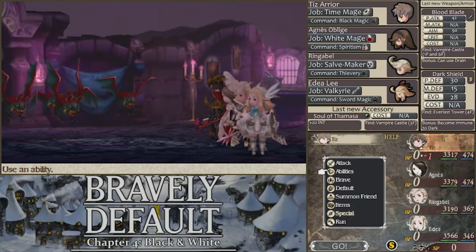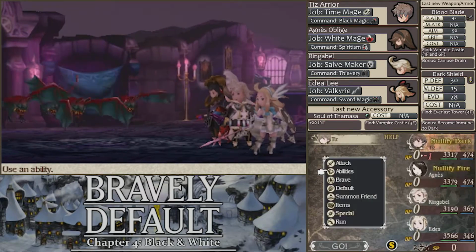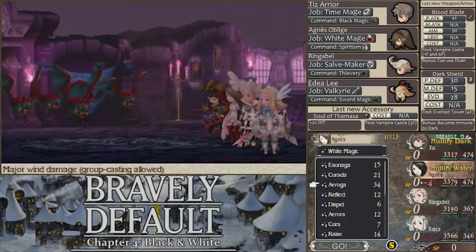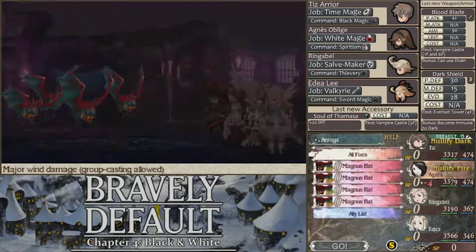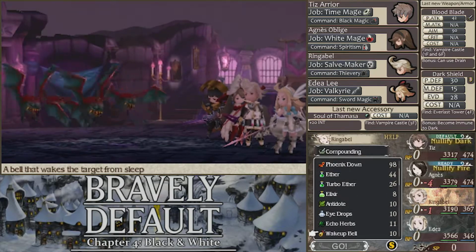Otherwise, not that bad of an enemy. It can drop and steal dark matters. It can drop dark matters, you can steal dark matters from it. But that's about it. Nothing too bad otherwise. Just use wind magic on it, take it out. Nothing too bad. It's going to use